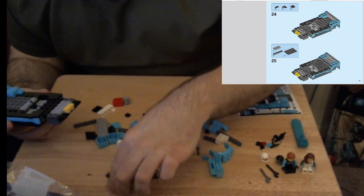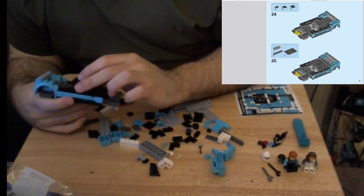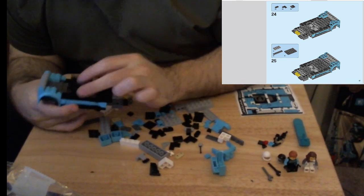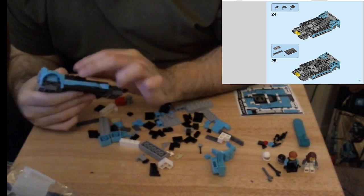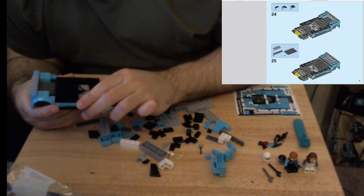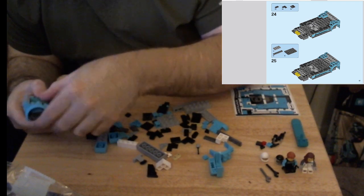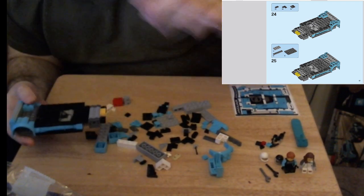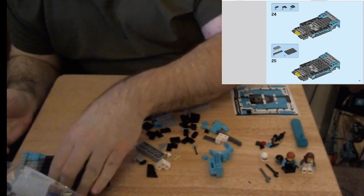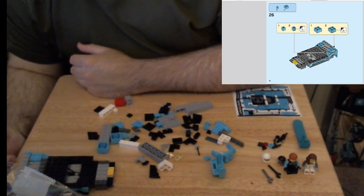We have this bigger plate here. It's a 4x6. And this goes, I think, here. That looks about right. And then we get this plate that goes in here. And then this goes in here. So yeah, we're layering in order to build structure right now. And it looks like we are going to...